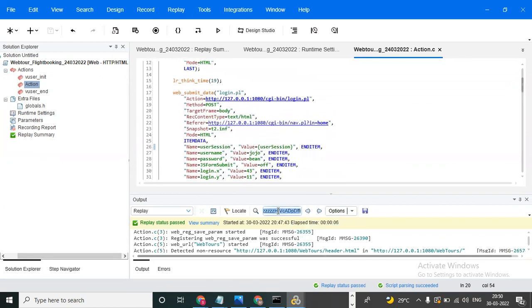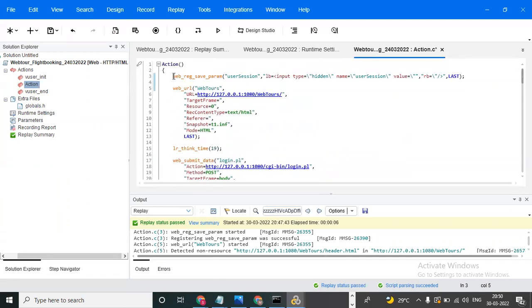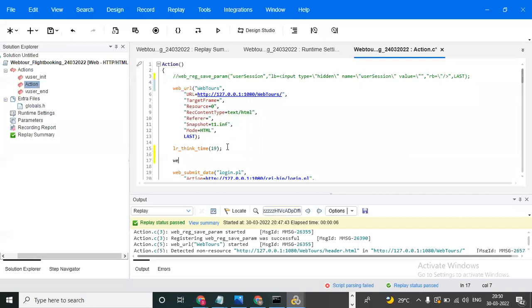Okay, I will show one example from your point of view. You can give Control V here, and I'm not replacing it. After that, you can give this one, and we need to write the function web_reg_find. This is the validation point. So we'll give text is equal to,